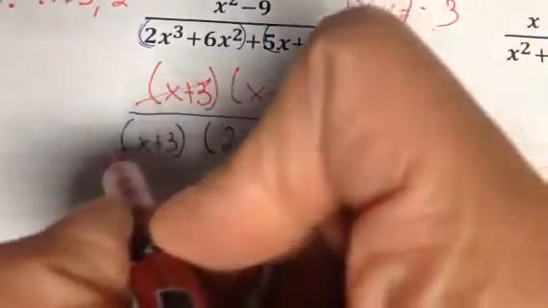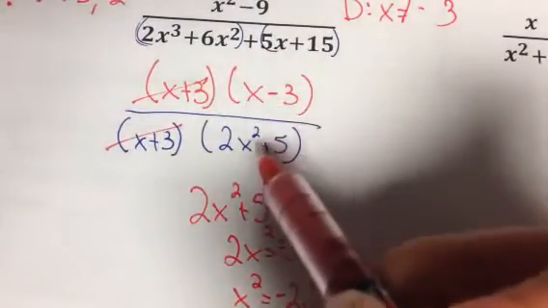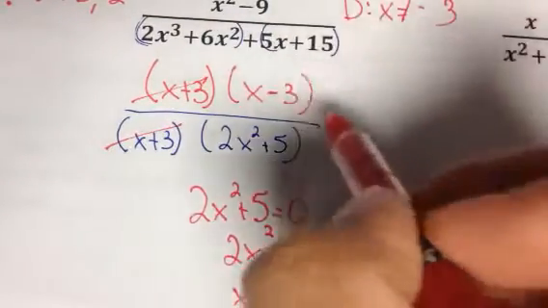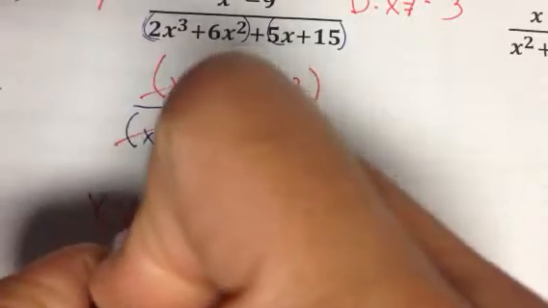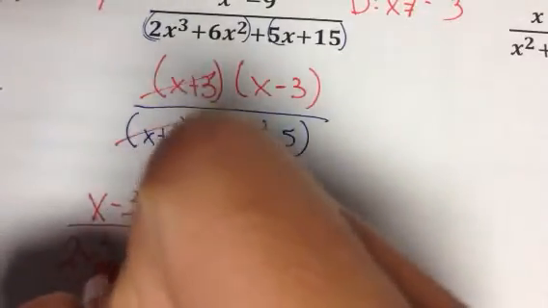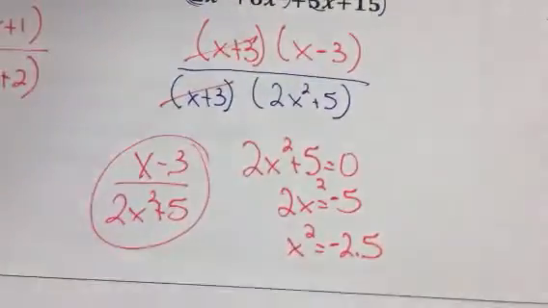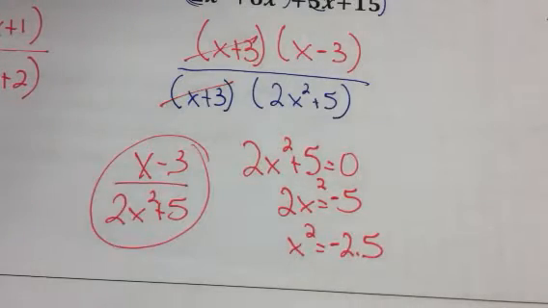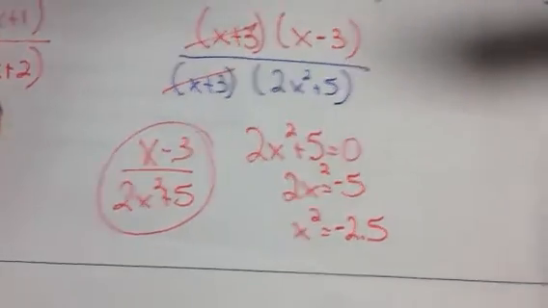But now what I can do is take out the common factor of x plus 3 and x plus 3. I'm not going to take this x for an x. And when I'm done, this is my simplified version. But again, when you look at domain issues, you always look at the original problem, the way it presents itself. There might be an easier way to look at it, to graph it,